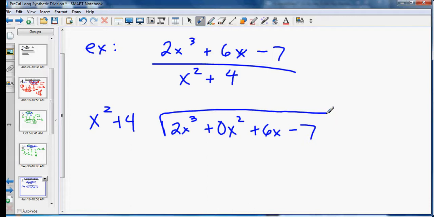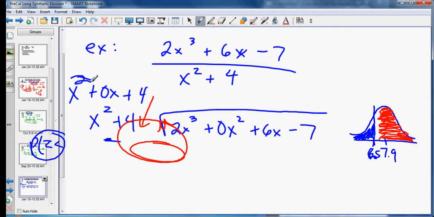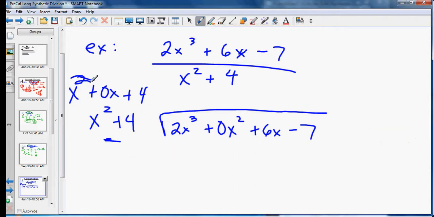So I have it set up. And just in case you're wondering, you may notice over here we are also missing an x. If you want to write x squared plus 0x plus, that is fine, that won't cause any problems. But the spot where it's really important to do so is inside the division. Outside it's okay to do, but it honestly doesn't matter either way. Sorry about that, random stuff popping up. Okay, so now